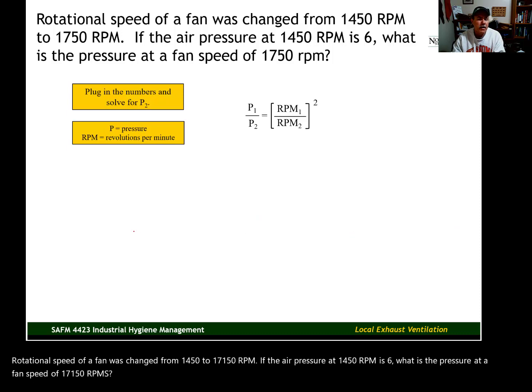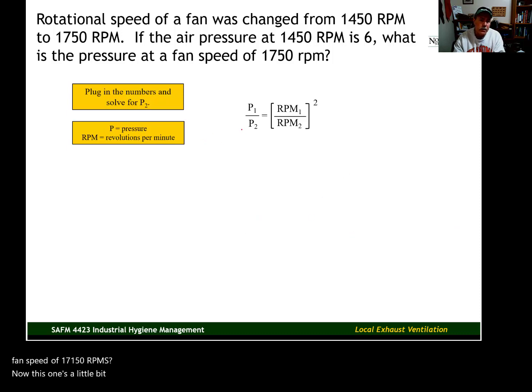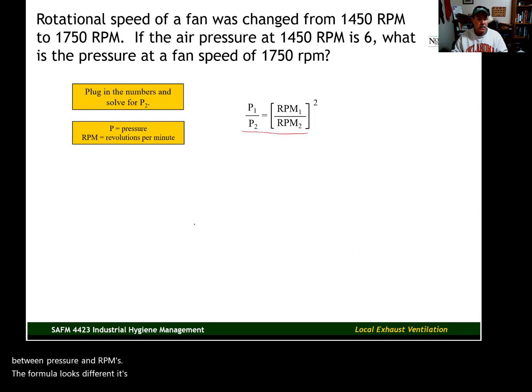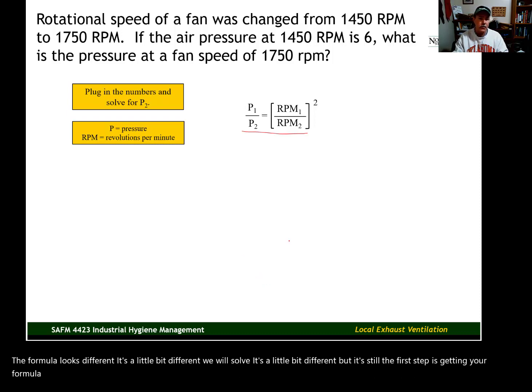Now this one's a little bit different. Again, this is the formula that we use. We use the formula that states the relationship between pressure and RPMs. The formula looks different. The way we'll solve it's a little bit different. But it's still, the first step is getting your formula written down and plug in the values that you do